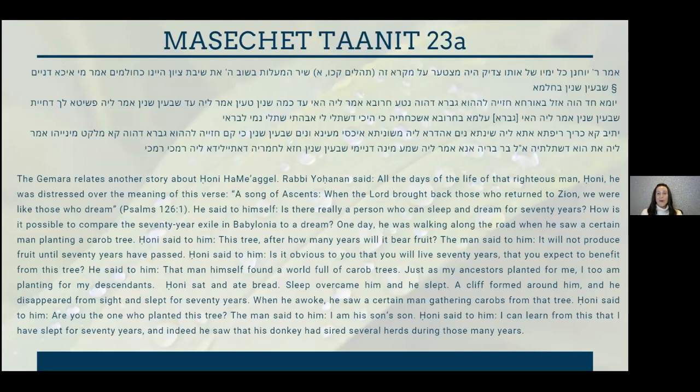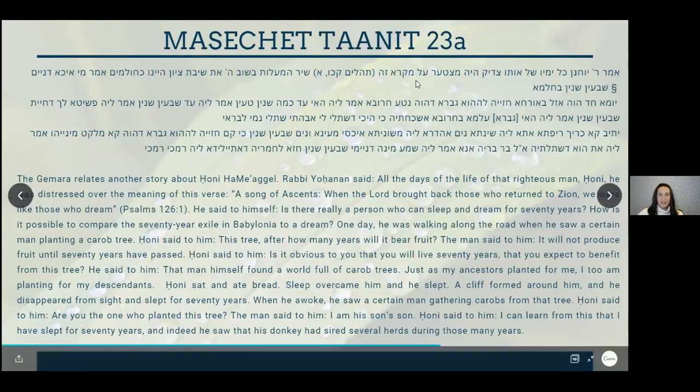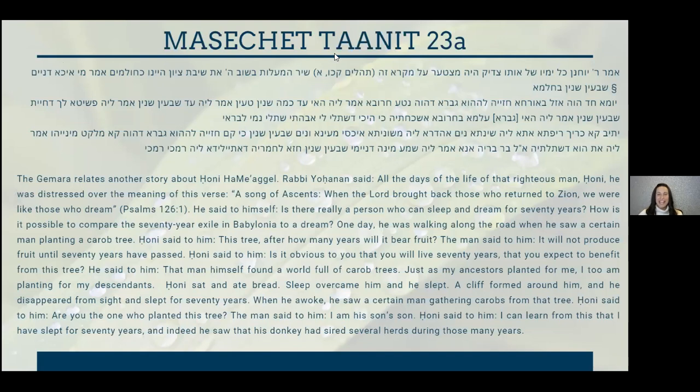Rabbi Yochanan said, all the days of the life of that righteous man, Choni, he was distressed over the meaning of the verse. What was the verse that made him distressed? It's always interesting when there are rabbinic figures or sages that become distressed over certain statements. Shir hama'alot b'shuv Hashem shivat zion hayinu kecholmim. This statement has a presence for many of us on a weekly basis,